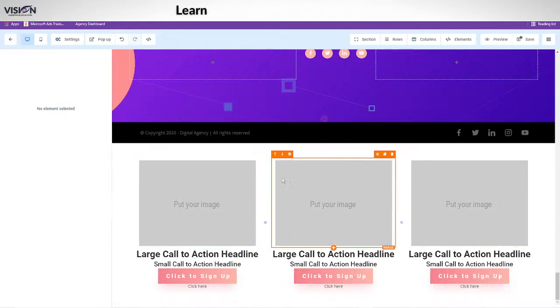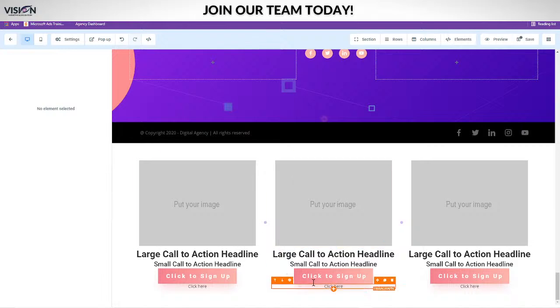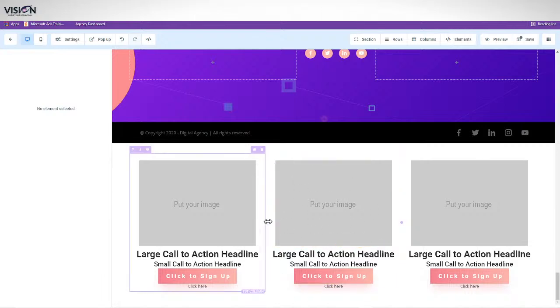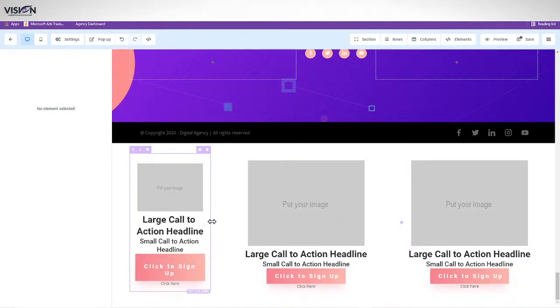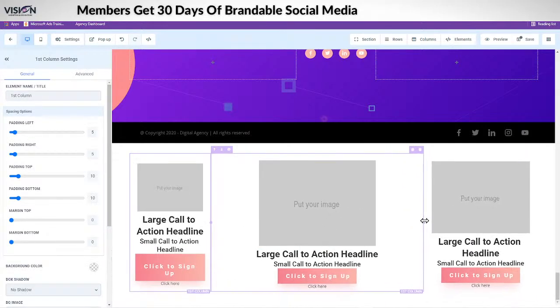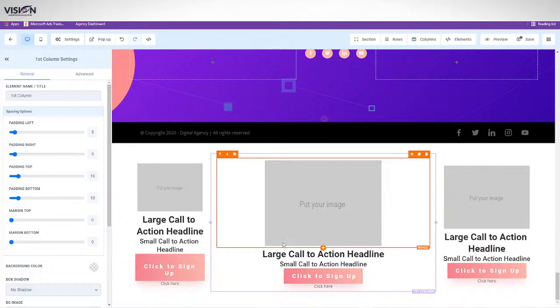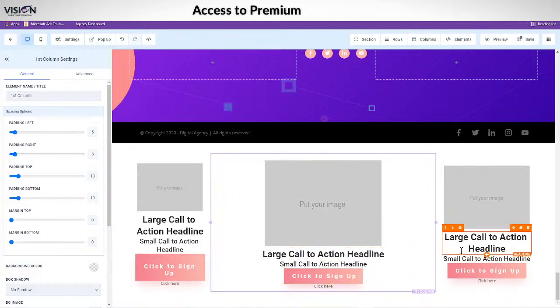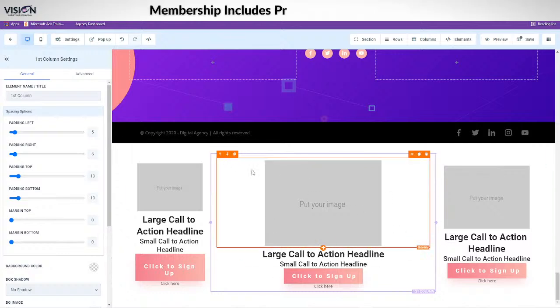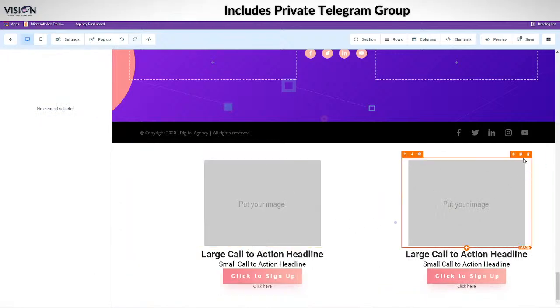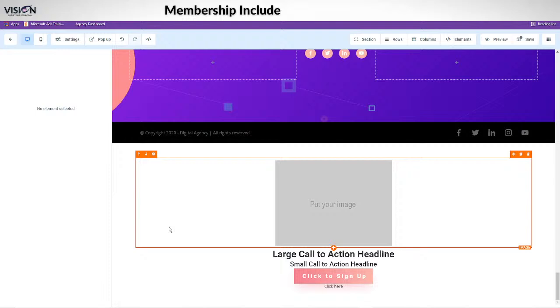Now, let's say that we want this middle section to be really in the center. Like we decided we really want this to be the main focus. What we can do is click here, and we can just drag these over, and we'll just drag this over as well. And now we have this look here. Maybe we decided we really just want this to be the only one. We could actually just delete these. All right, now it's the only column here.